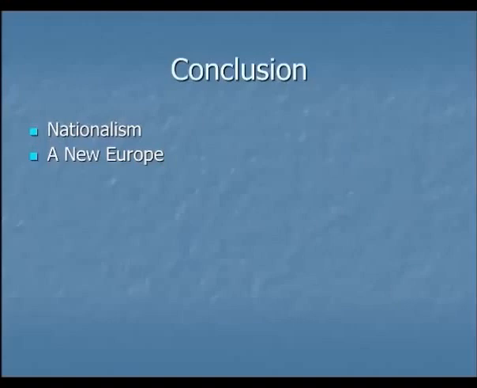Nationalism formed a new Europe. A lot of these small principalities were eliminated, and large nation states were constructed in their place. Particularly, you have two new powerful states, Germany, which is the most powerful country in Europe now, and Italy, another new powerful country, but not quite as powerful as Germany. Next class, we'll look at what happens when national pride overruns, and you have the formation of national empires as they seize territory in other countries, particularly in the new imperialism where they seized territory in Africa and